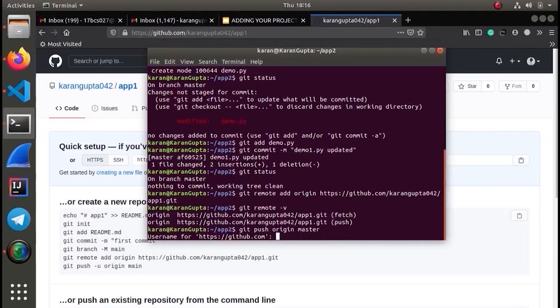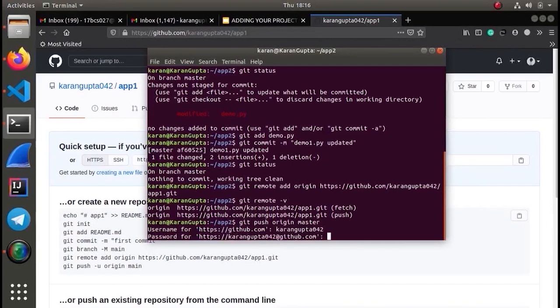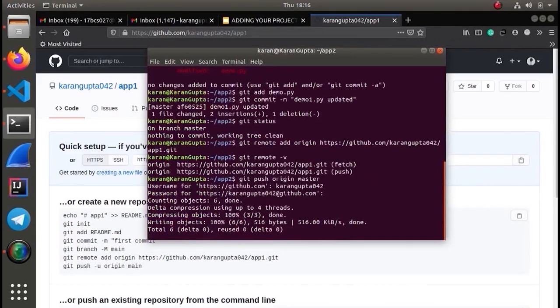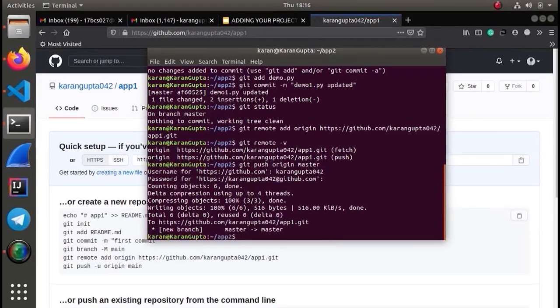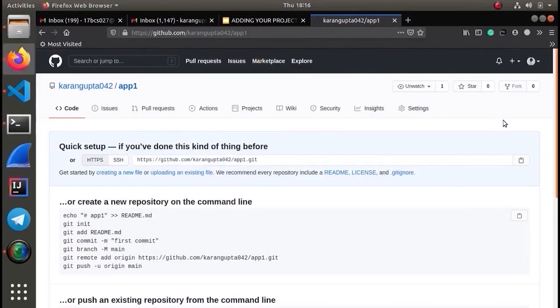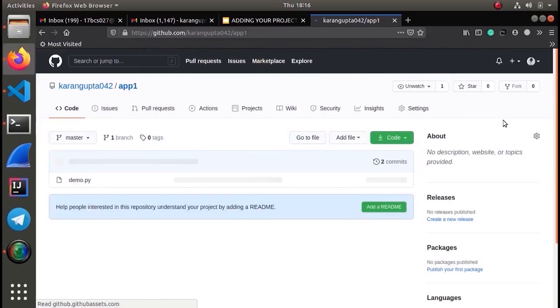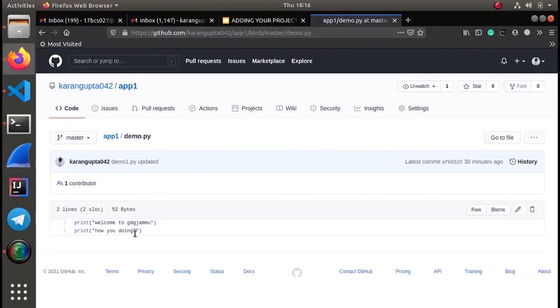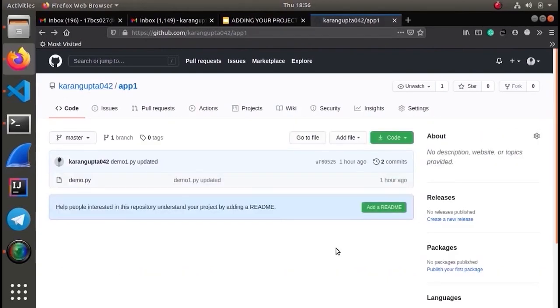We will need our username and password for the GitHub account. Yeah, it's done. We can refresh it, and here it is, one branch, and this demo.py file has been created, with these 2 lines of code. So we have learned until now how to add your project to GitHub using Git.